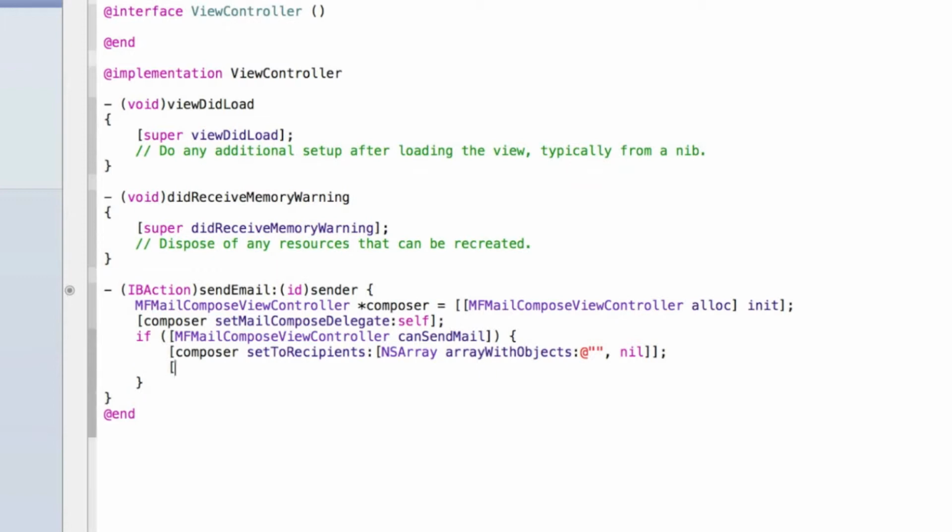Then type composer setSubject at speech mark, close that set of square brackets, and then type composer